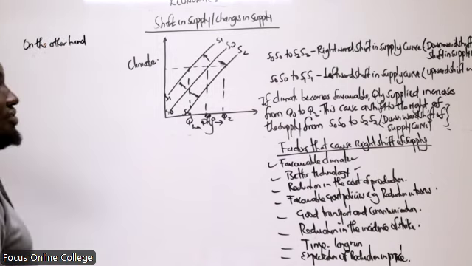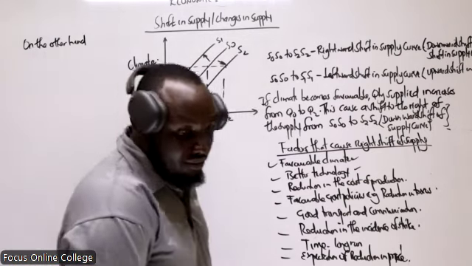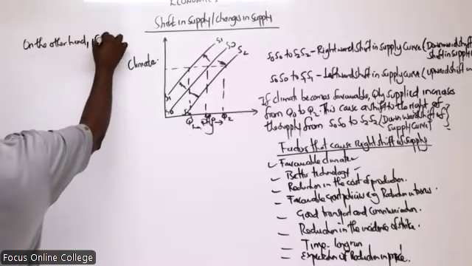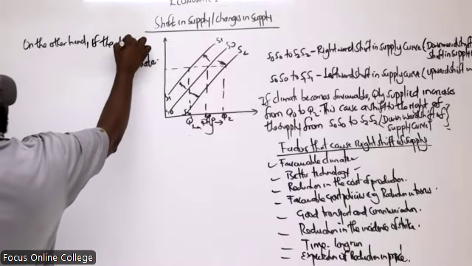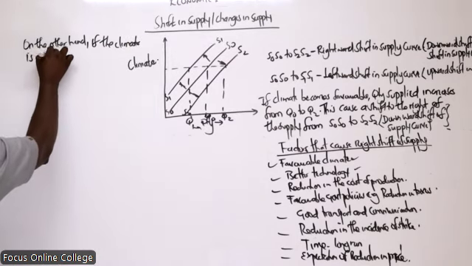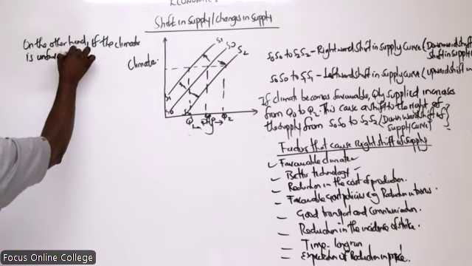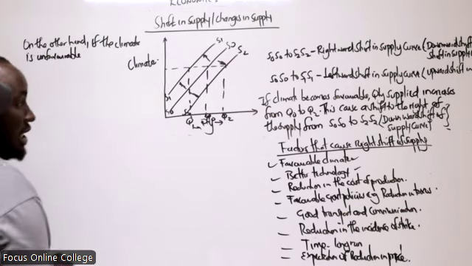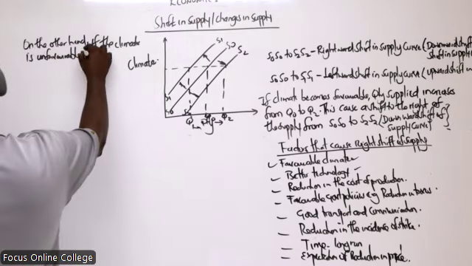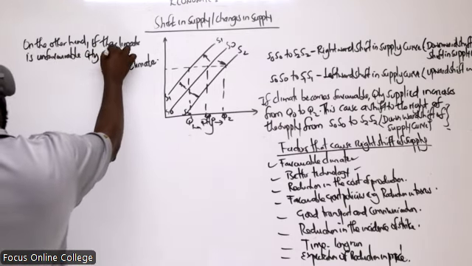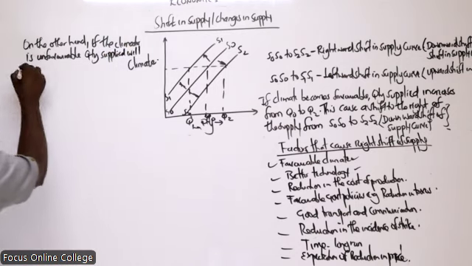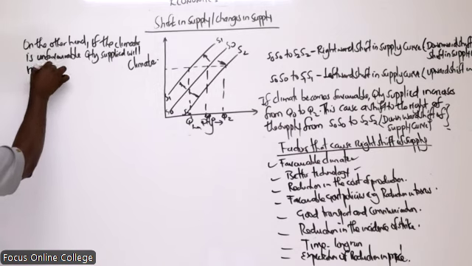So we talked about, on the other hand, if the climate is unfavorable. If the climate is basically unfavorable, what is supplied? Quantity supplied. We know that it will reduce. Quantity supplied definitely will reduce